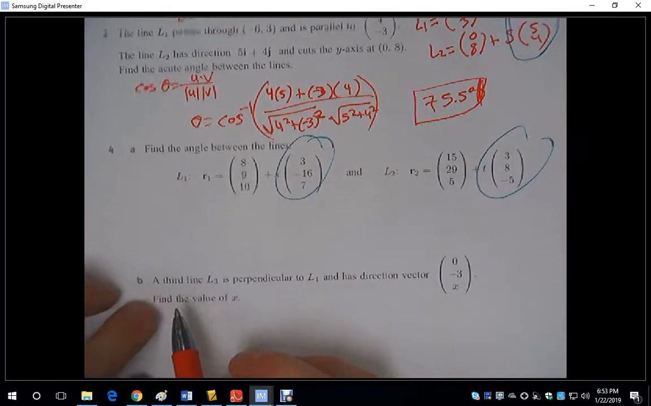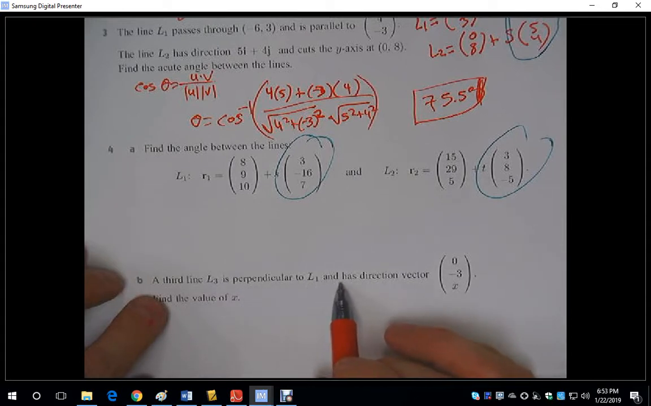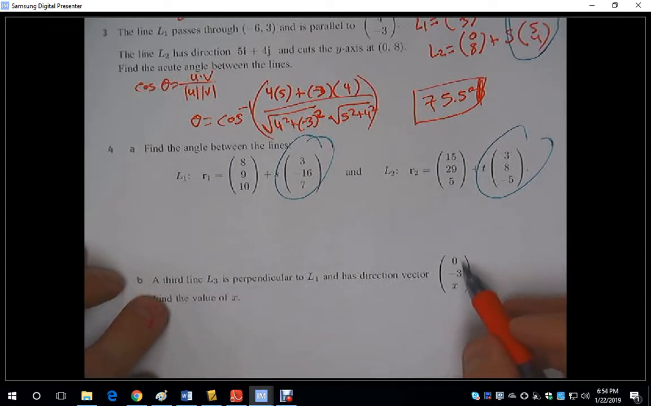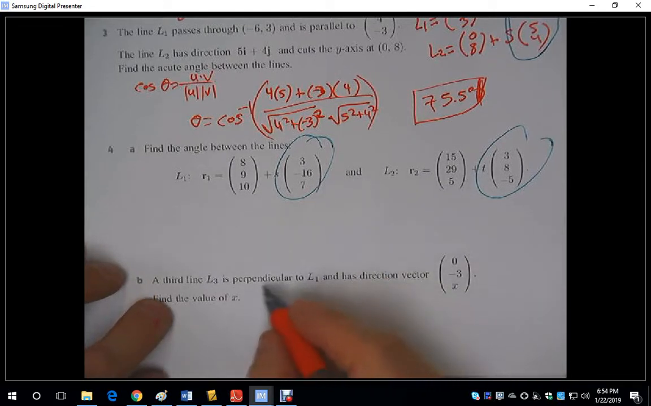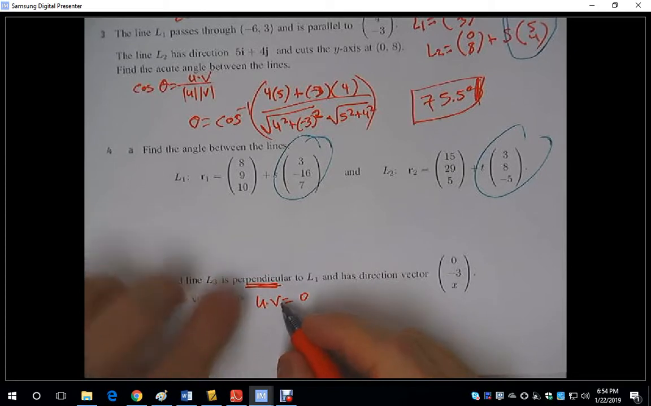If we look at 4b, it says a third line, L3, is perpendicular to L2 and has a direction vector of, well, 0, negative 3, and x. So if I know that these two lines are perpendicular, I'm going to use u dot v equals 0 to find out what x is. So the